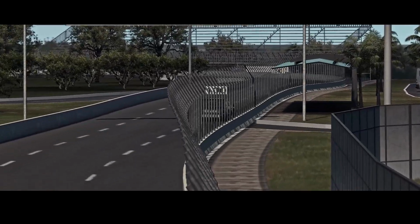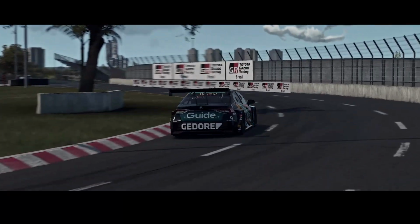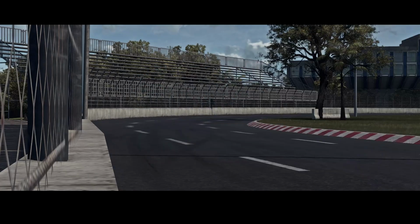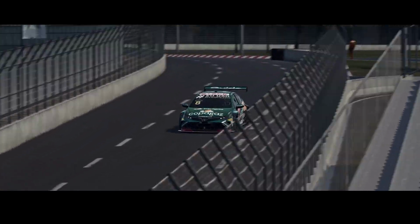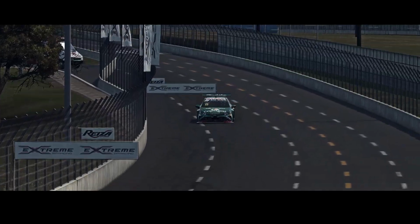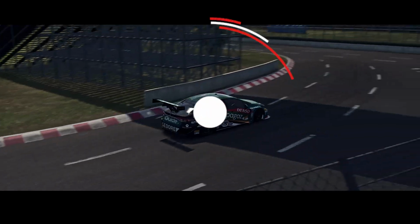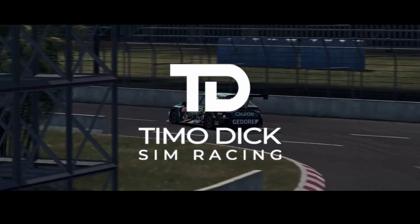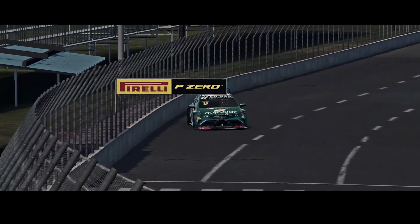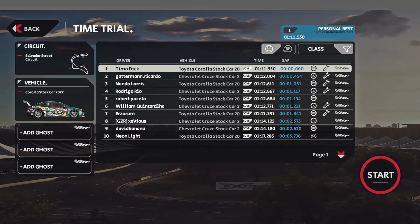While preparing for the last race of my Stock Car Pro Custom Championship on the Salvador street circuit, I jumped into the time trial mode, as always, to find a good setup and, if possible, put in some good times. Normally I'm pretty content if I eventually end up on page 1 of the leaderboard. This time though it was a little different, because as a matter of fact I put in the fastest time on the leaderboard with a